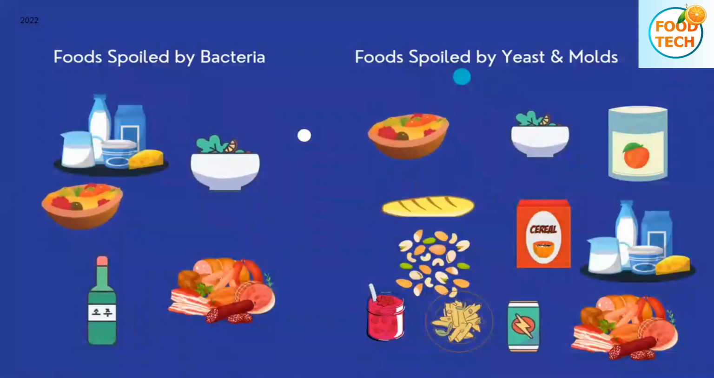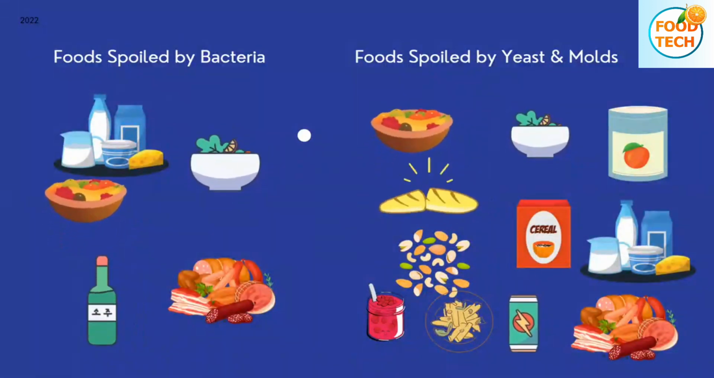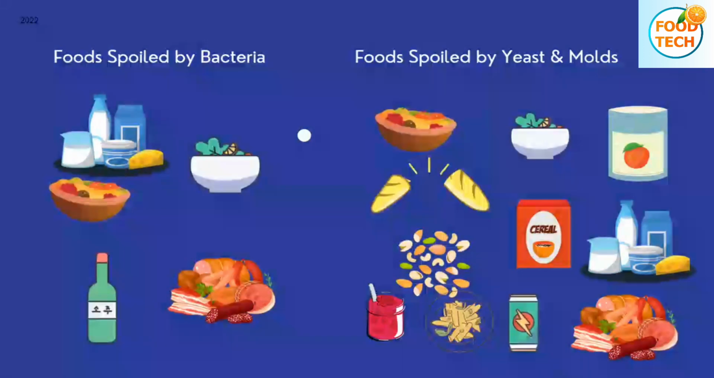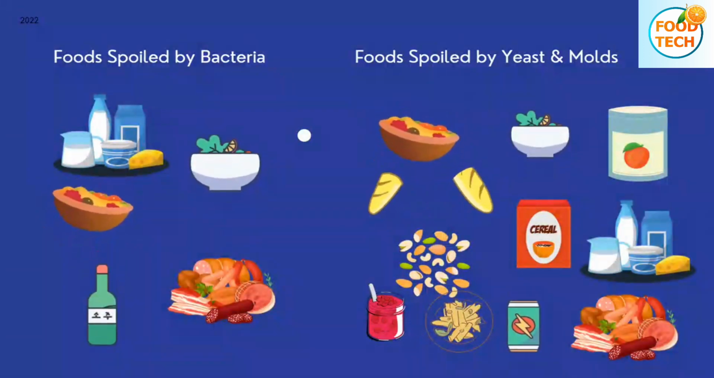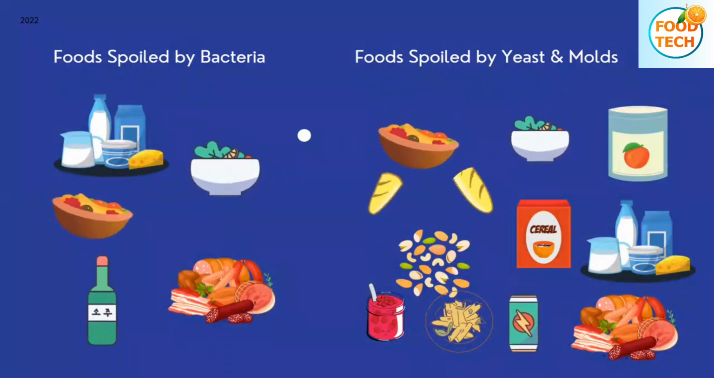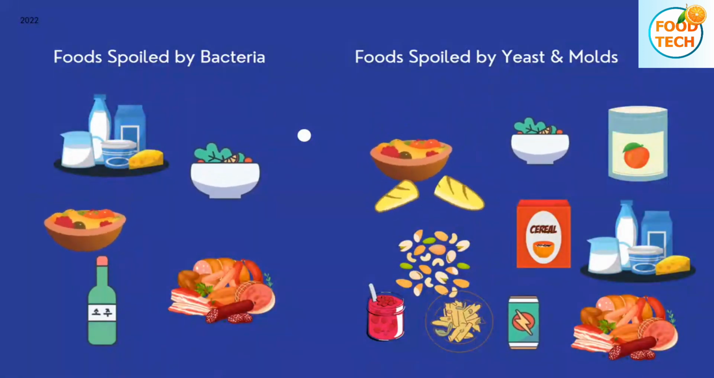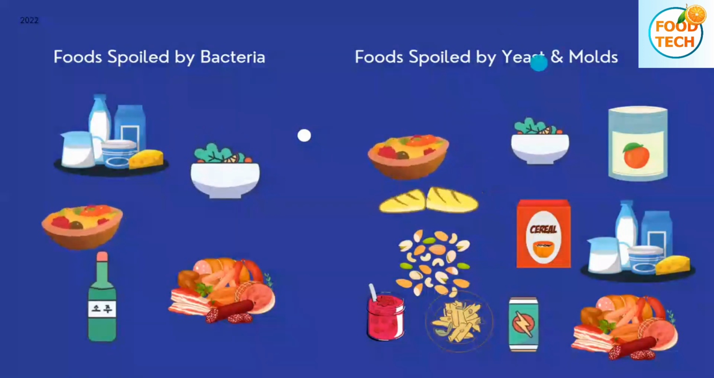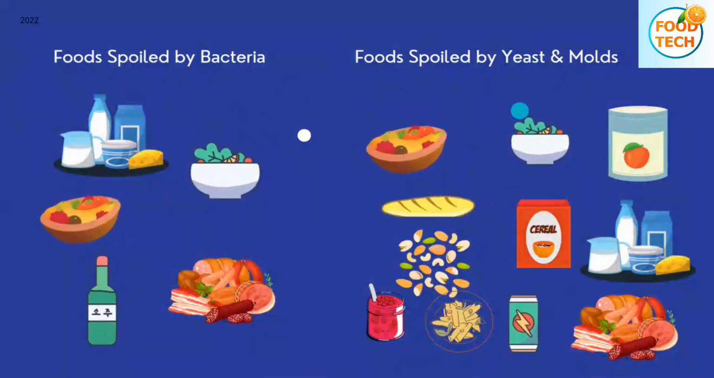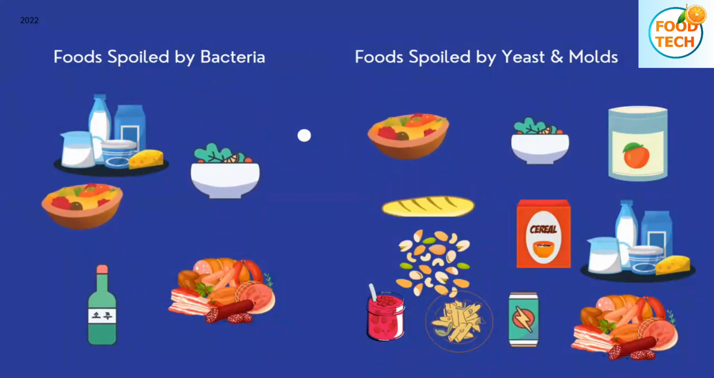So yeast and mold are very, very dangerous, right? That is why the food industry is coming up with new technology, new preservation techniques, new packaging techniques. This is just to protect the food from yeast and mold, especially, and also from bacteria, right? So moving ahead,